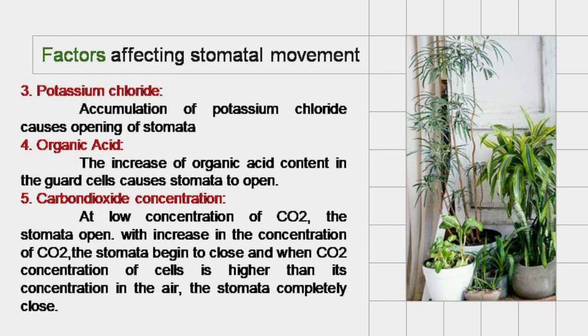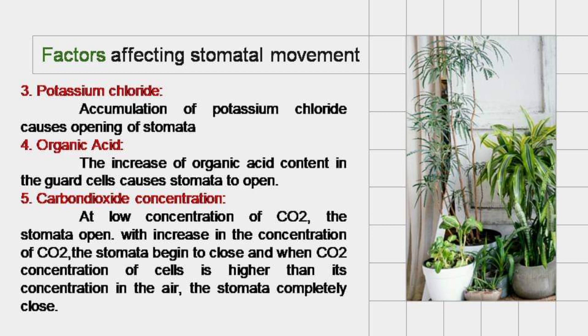The third factor is potassium chloride. Accumulation of potassium chloride causes opening and closing of stomata. Potassium regulates the opening and closing of plant stomata. Stomata are the pores of plant leaves that allow for gas and water vapor exchange. When plants have adequate potassium, the guard cells swell and allow for complete closure of the stomata opening. However, when plants are potassium deficient, these guard cells do not function properly and moisture can escape.